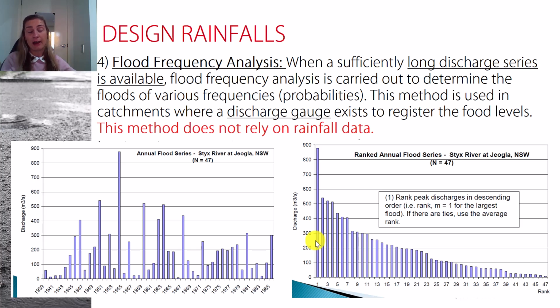It's very rare, this method, because usually gauges are installed in large catchments and they represent the discharge of that immense region. And when we work with design, urban drainage design in particular, we are looking at very small catchments, and we cannot use the readings, the observations from the big catchment. We cannot use that time series